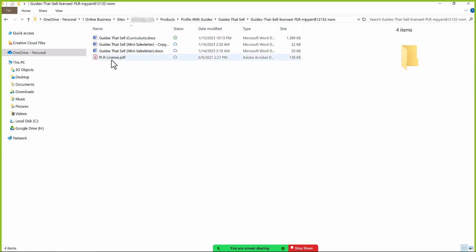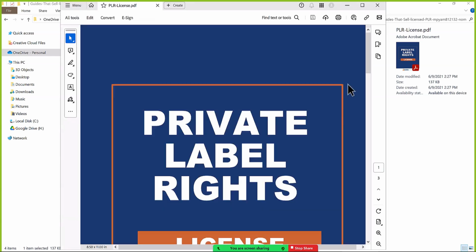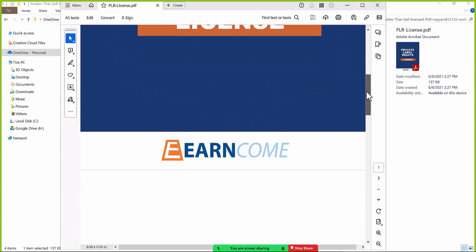Okay, so the first thing I always do is look at the PLR license and see what my rights are. I believe this is a PLR product from Jimmy D. Brown. We'll take a look at his license. Always read the license. That's the first thing you always do when you start messing with a PLR product, so you know what you can and can't do with it, okay? So if we come down here,